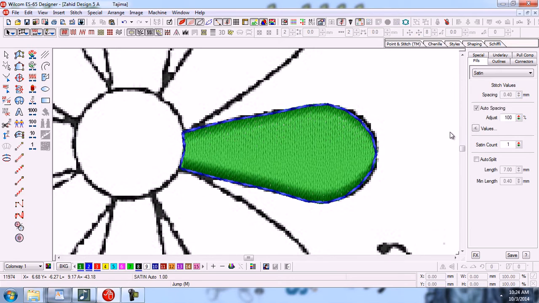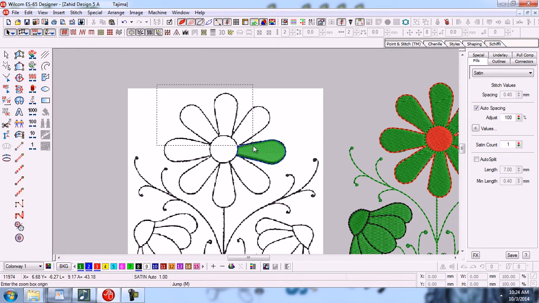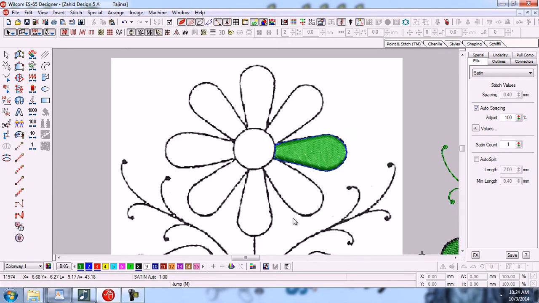Zoom in on a separate object. Now what we have to do, first we should group this object, and now click on the object.